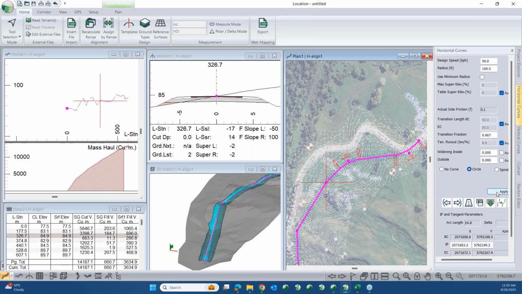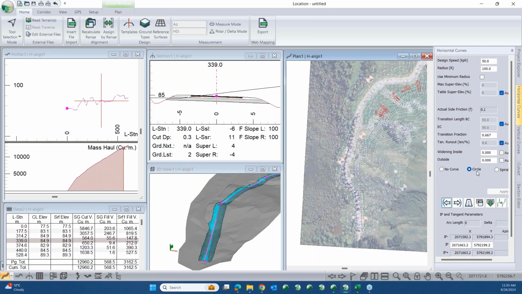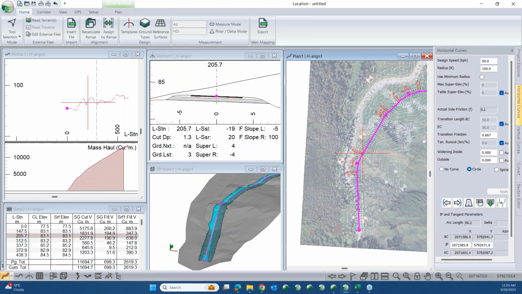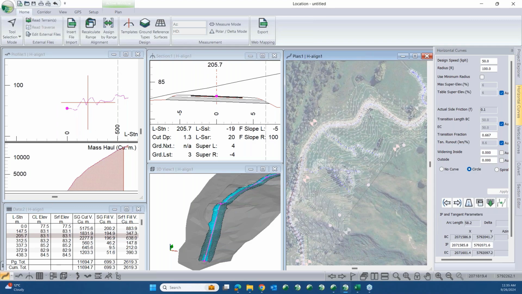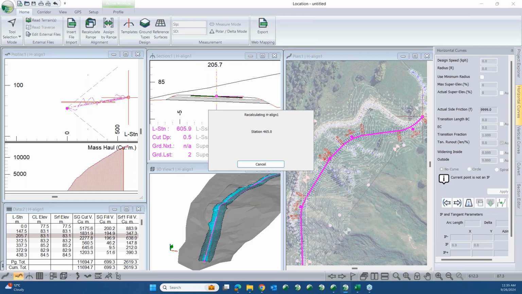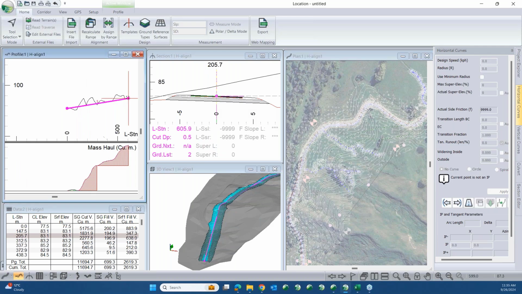So I'm just cycling through. I am going to run with a 100-meter curve here for all of these unless they don't look right. And I'm kind of happy with my plan here to start. So designing by hand, it's not necessarily just a linear workflow where you choose your horizontal and get it right. So I'm going to switch gears here to start considering my